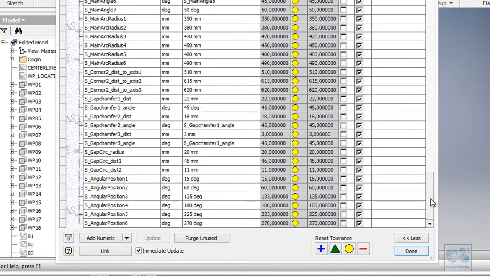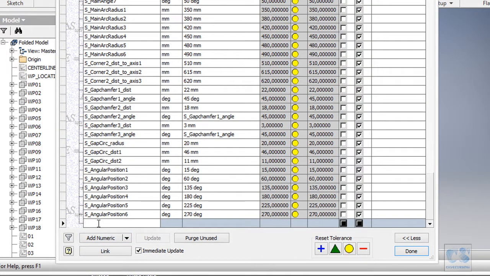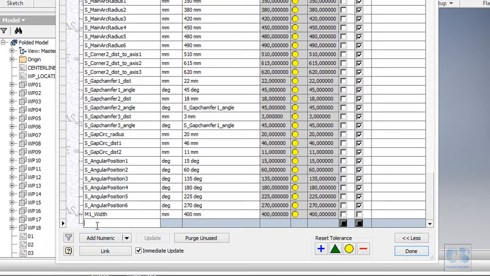So here, user parameters, add numeric and m1_width, and the value should be 400 millimeters. Then we'll copy this for the second one, m2_width, which will share the same value.